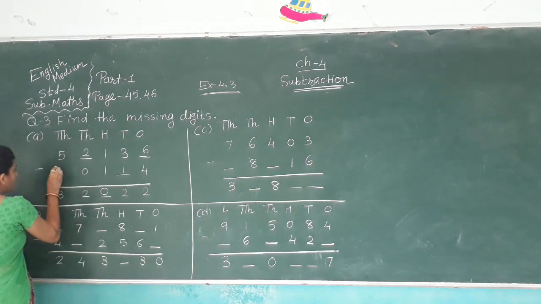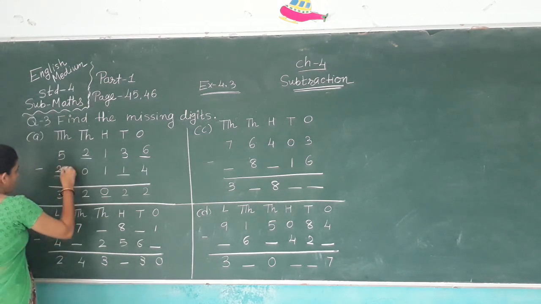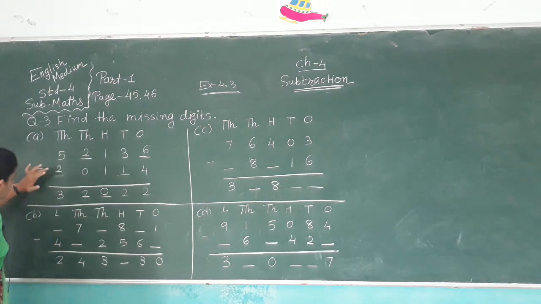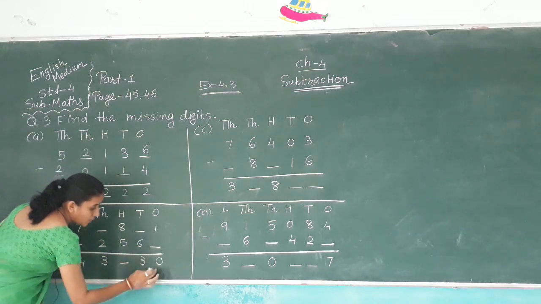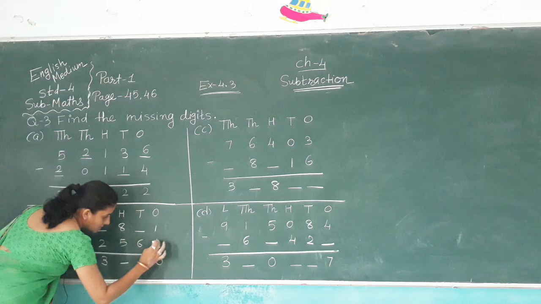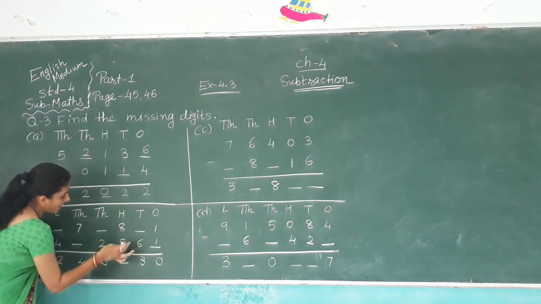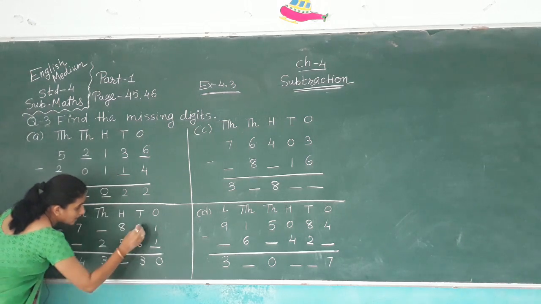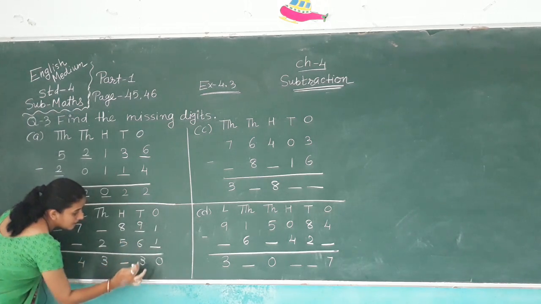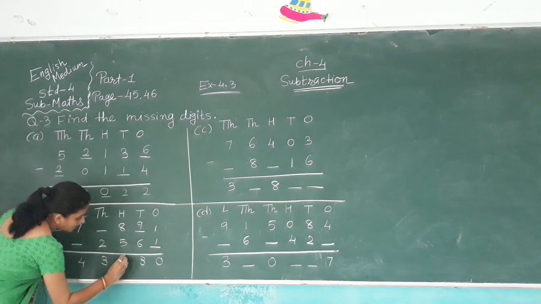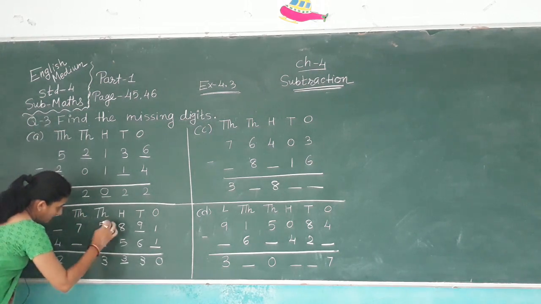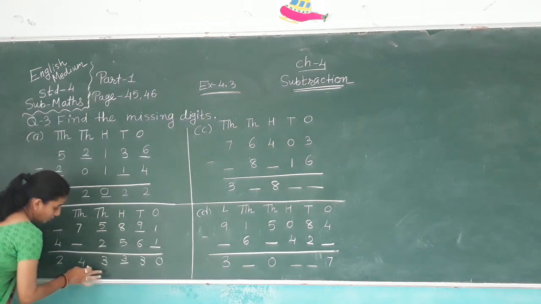5 minus 3. So 2. That means 5 minus 2. Here 3. 5 minus 2, 3. So here it means 2. Another one. 1 minus which digit do you get? 0. 1. 1 minus 1, 0. Which digit minus 6 do you get? 3 is the answer. So 6 plus 3, 9. 9 minus 6, 3. 8 minus 5, 3. Again 2 plus 3, 5. That means 5 minus 2 is equal to 3.